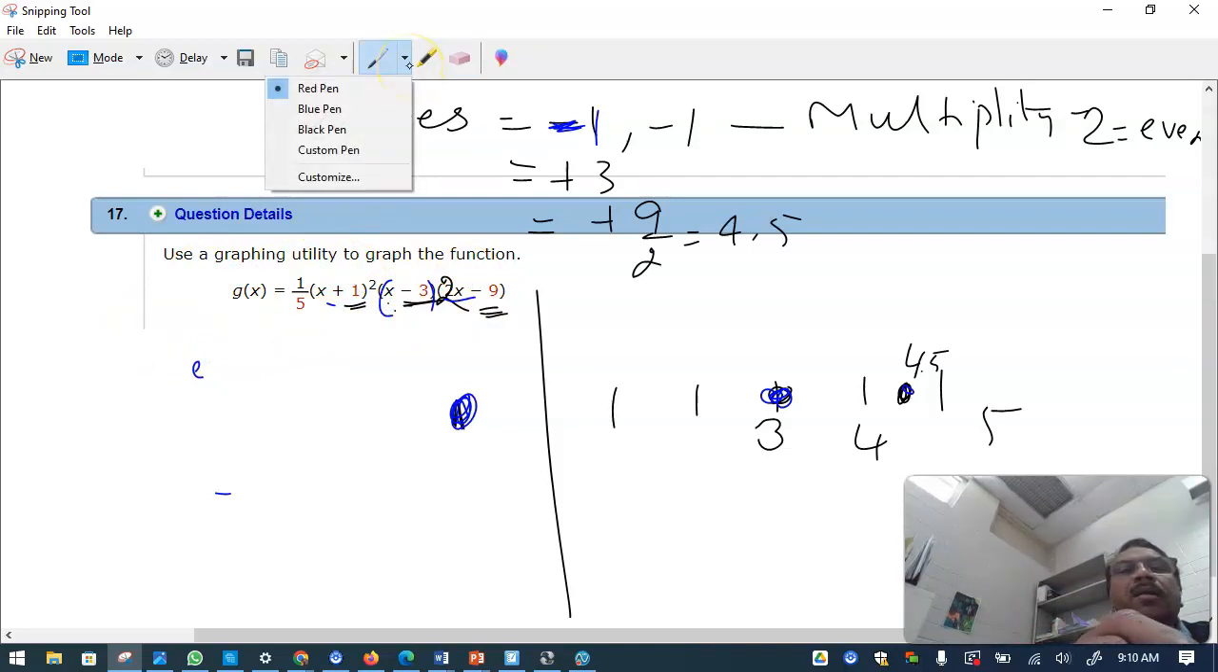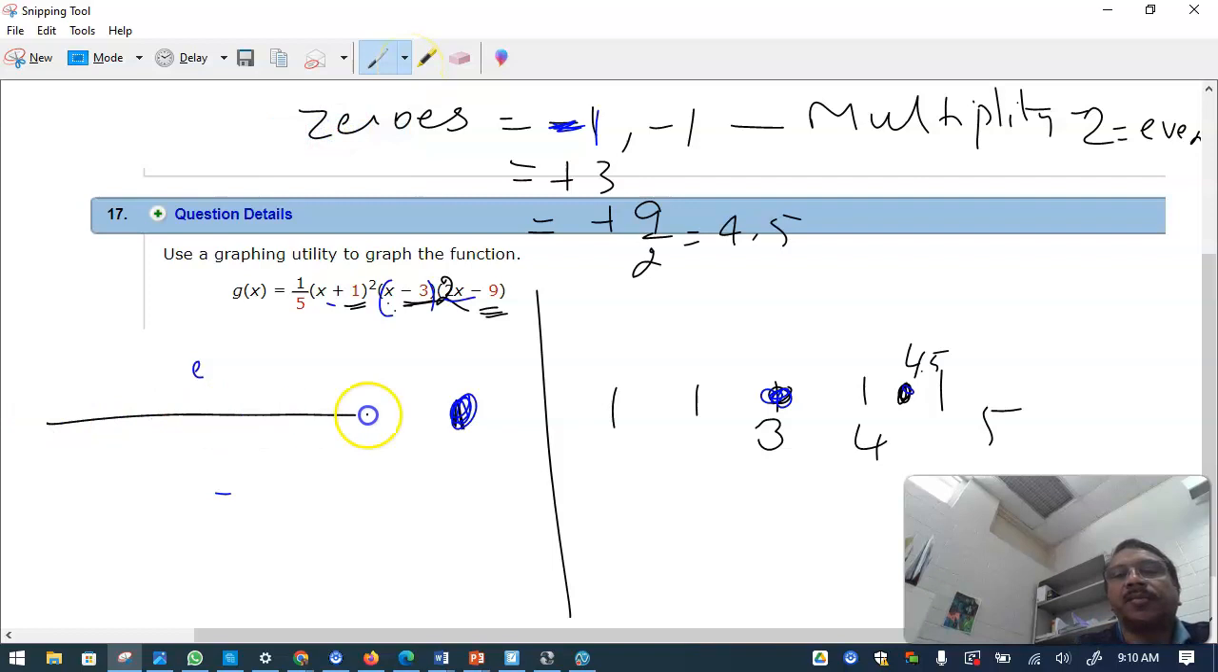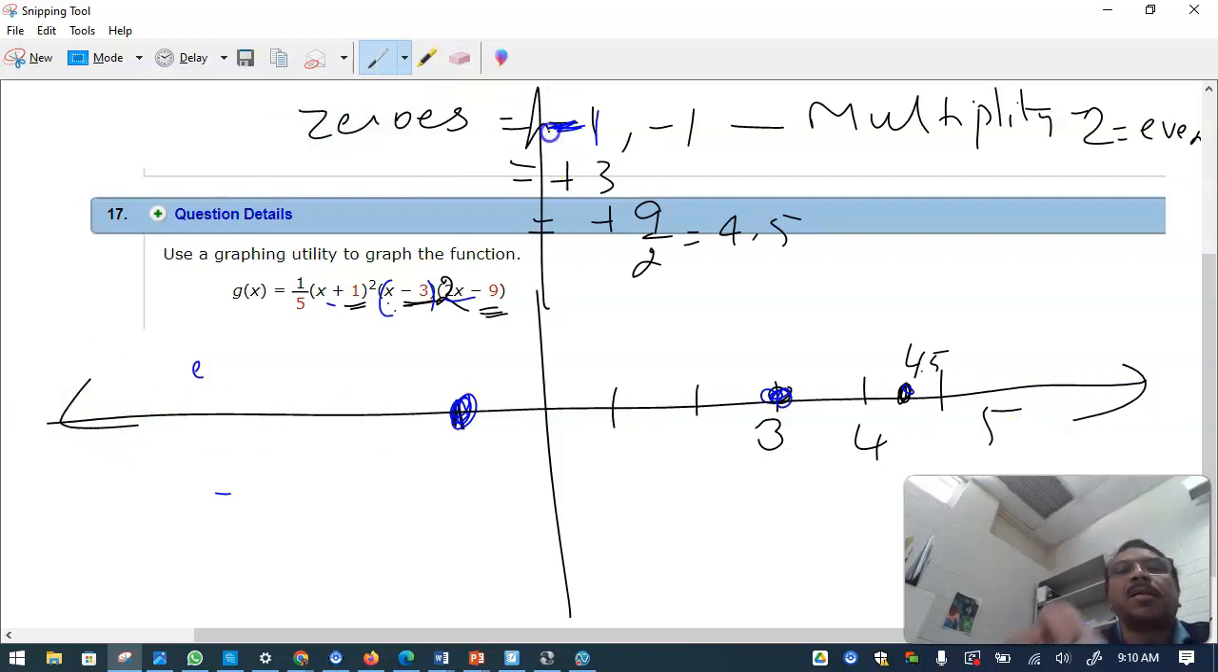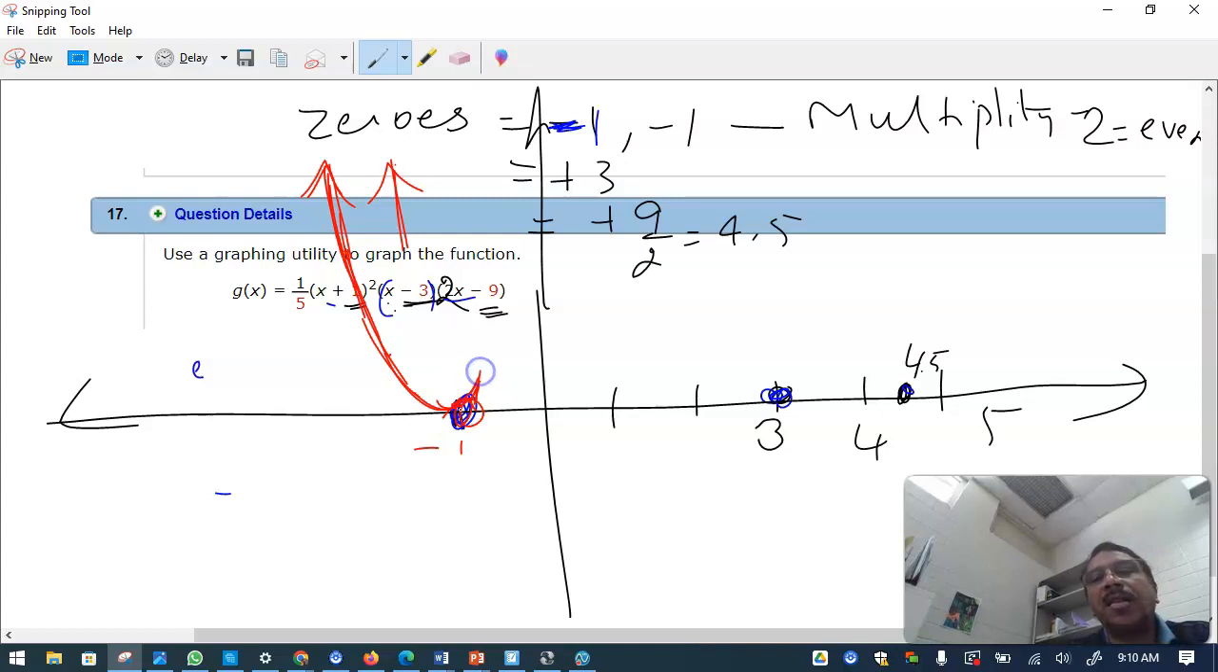Let me start from up. So this is the minus 1, right? So it will start from up, and then it will cross, because minus 1. I'm not going to cross here, because it touches, or it takes a turn at minus 1. So it touches like this, takes a turn, and then